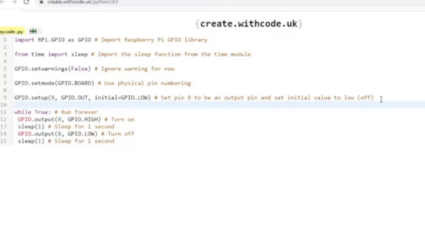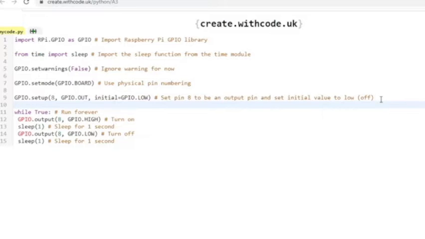So instead, you can give a small name, GPIO, right? The second library is for delay purposes, because for LED blinking you have to have some delay, and to generate the delay you have to use this sleep module.